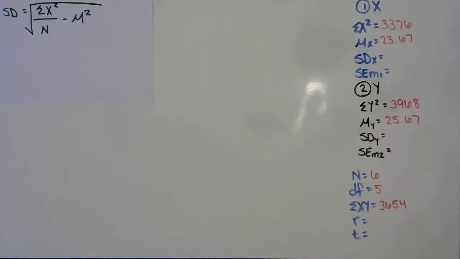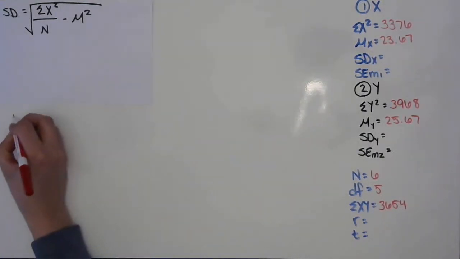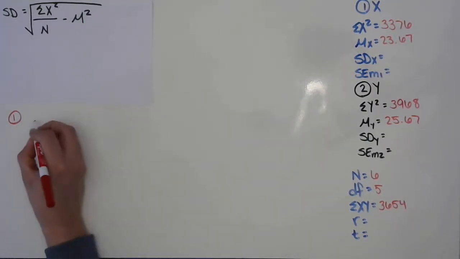Now that we have our mean and our sum of the raw scores for the x and y variable, we can go ahead and start working on our standard deviation. So we're going to have to do 2 standard deviations because we have 2 different groups here. So let's go ahead and get started on group number 1. We're going to plug this value in, the sum of the raw scores squared, so that's this value here. So it's going to be